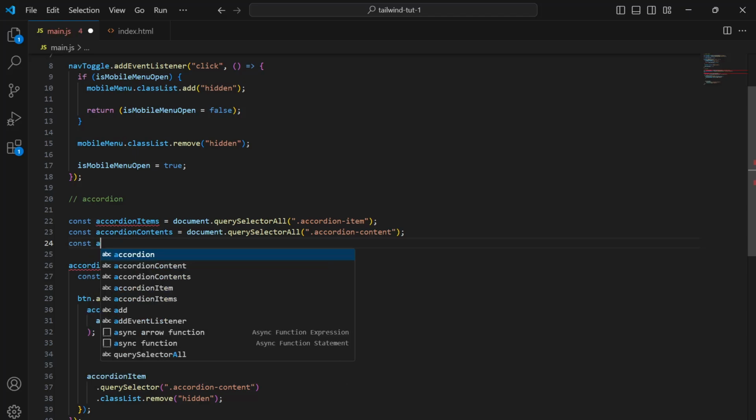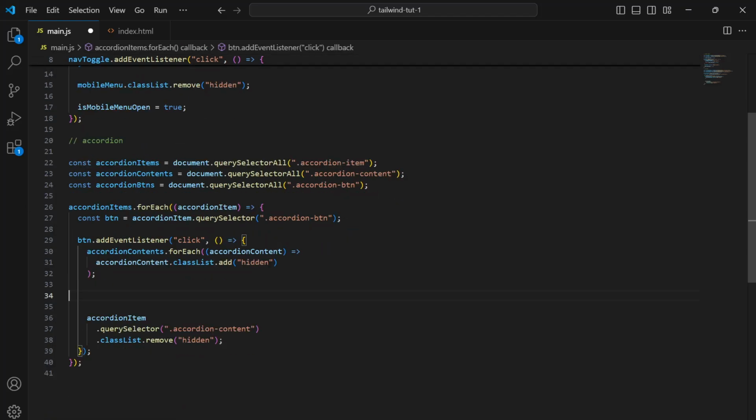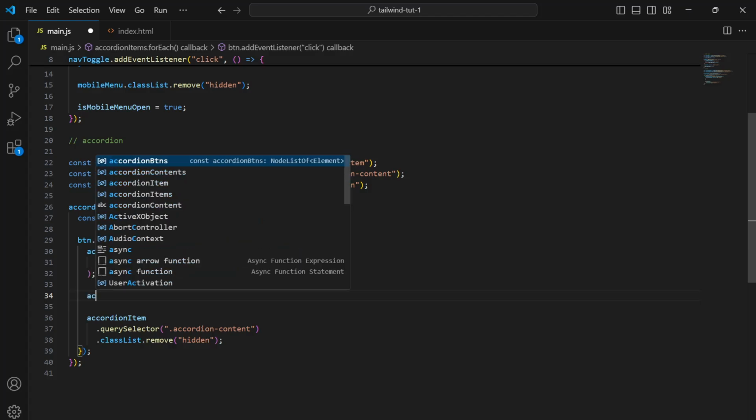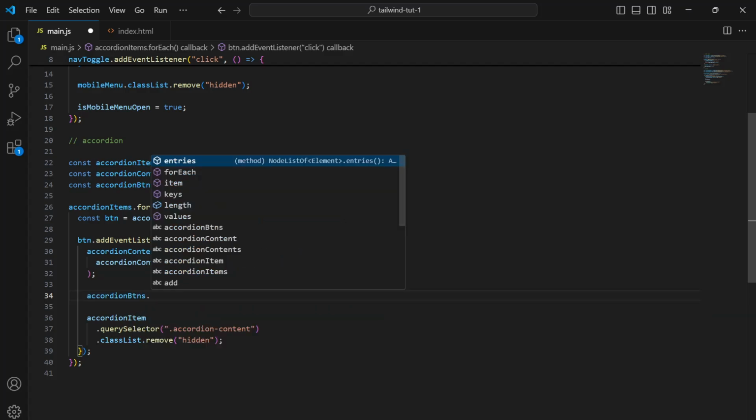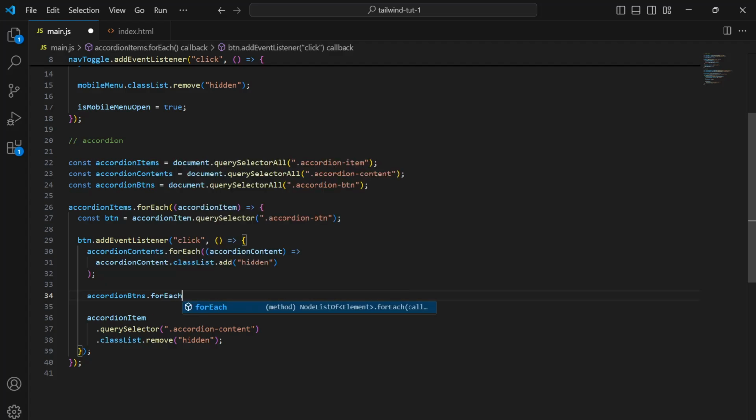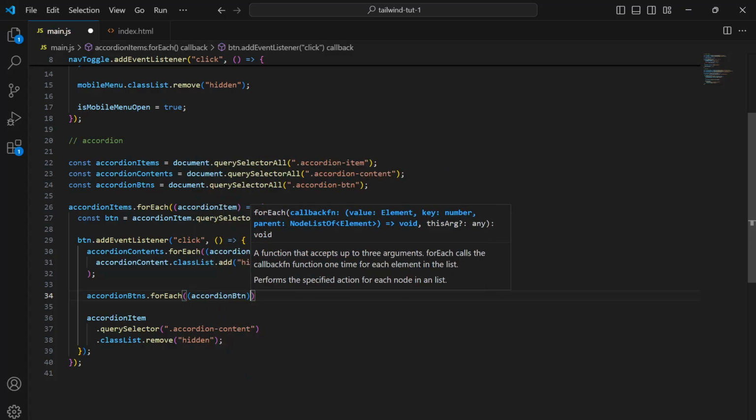So we want to say const accordionBtns equals document.querySelectorAll, which we've been doing so far. We want to select using the accordion btn class name. So here we want to do the same. We want to make all of them white. So accordionBtns.forEach, for each accordion btn,